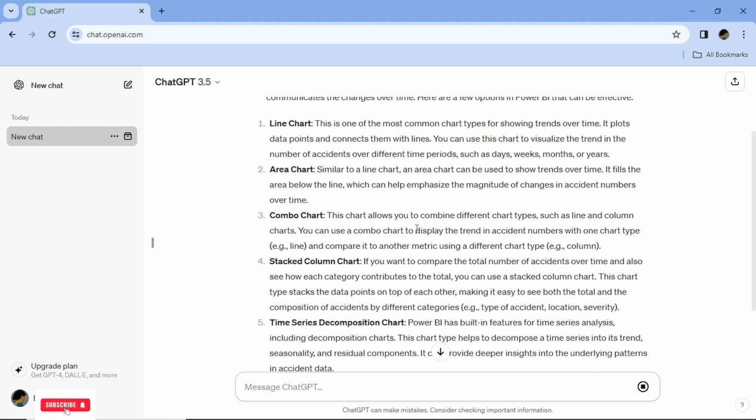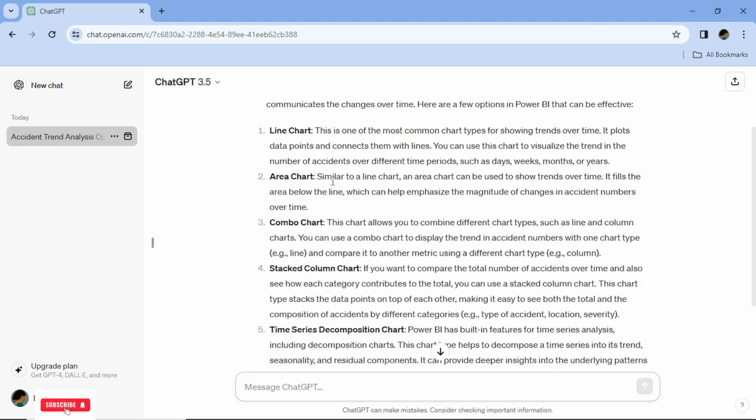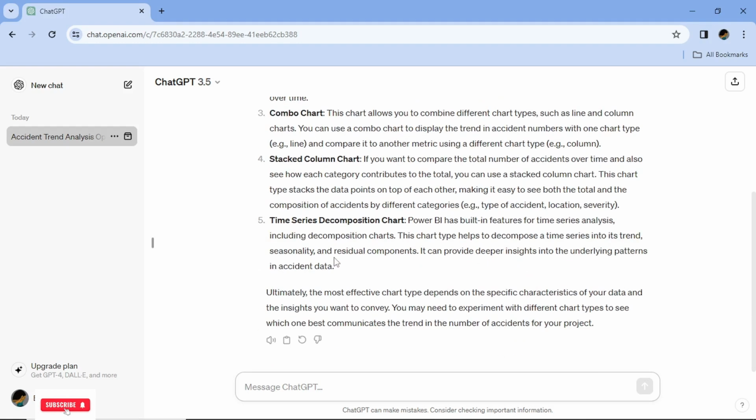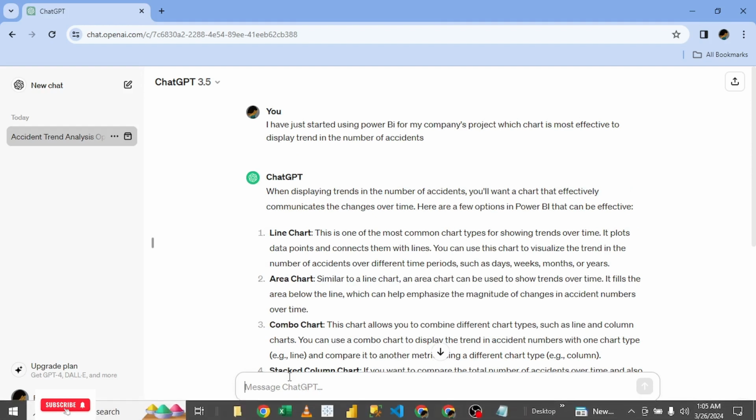It goes ahead and gives you 5 options: a line chart, area chart, combo chart, stacked column chart, and time series decomposition chart. And maybe you'd like to go through this with your team. So you want ChatGPT to generate as many charts as possible so that you can discuss and see the most effective or appropriate chart. So you can say,